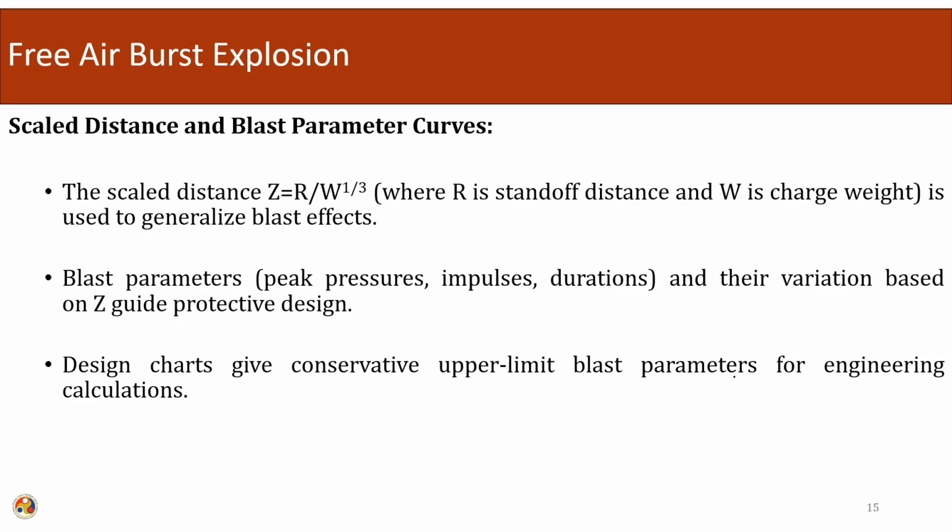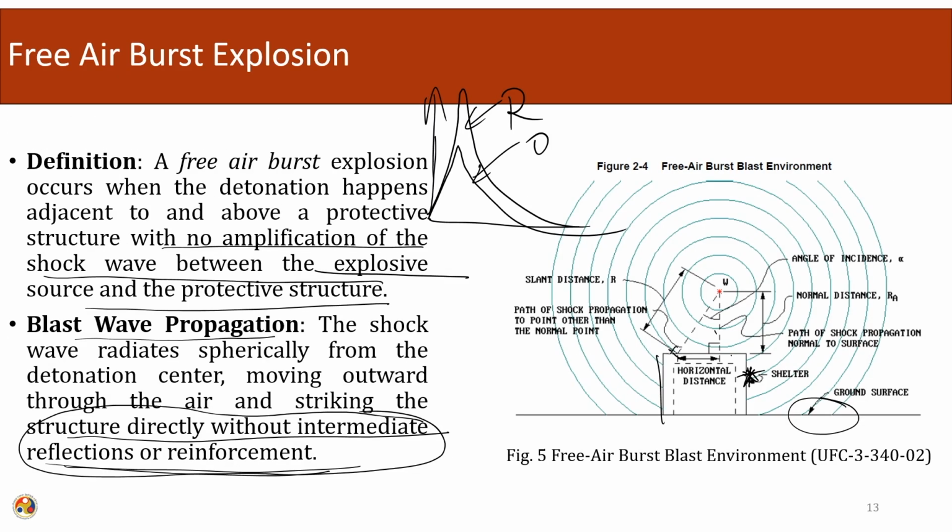It means that the amount of pressure measured here, and the amount of pressure measured here, and the amount of pressure measured here will be a function of the charge of the explosives, the distance of the explosives and the reflections. So, the incident pressure will be a function of the charge of the explosives and this distance. So, this will be R1, this will be R2 and this will be R3. Since the charge is the same for all these 3 points and the distance is varying, the incident pressure will be varying at all the 3 points.